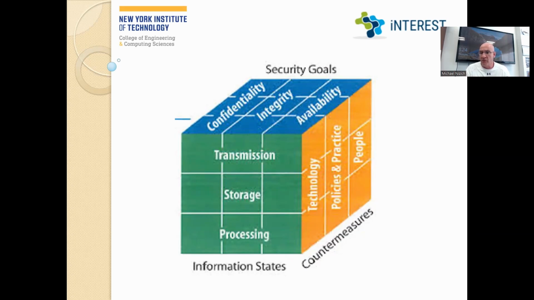And availability: are the right people getting the data at the right time, which makes the data useful? If not, when somebody in your organization needs data and they can't get it, it's not useful anymore. So you've got to keep all three of the CIA in balance when you make changes to the system, when you implement policies that are going to change the